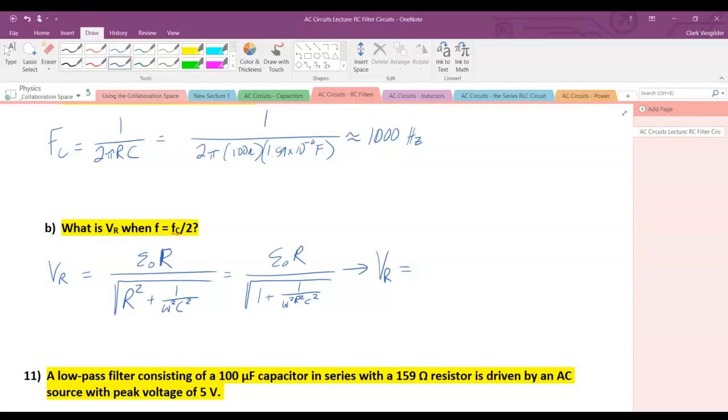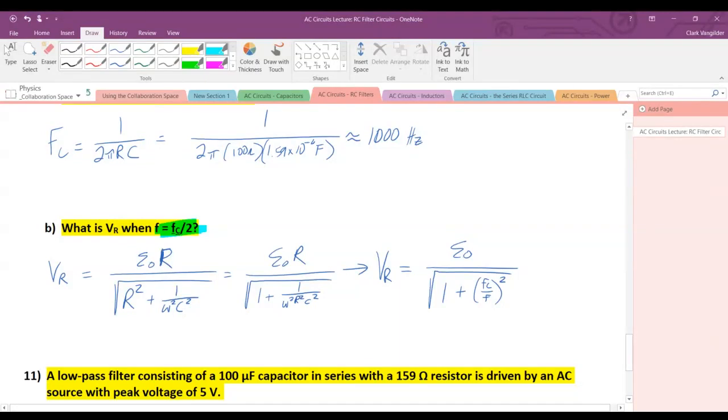And so what it ends up being in the end is your peak voltage over 1 plus the square of the ratio of crossover frequency to whatever frequency you're dealing with. All right. And so if you knew the crossover frequency, which we do, is 1,000, and then if you wanted to,